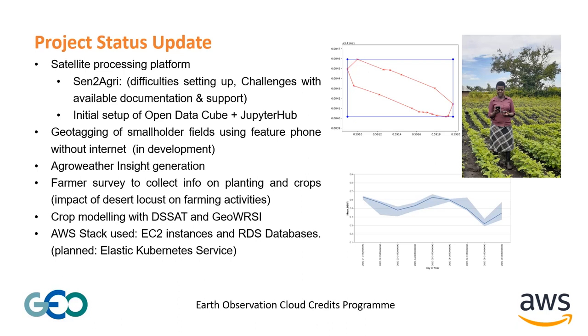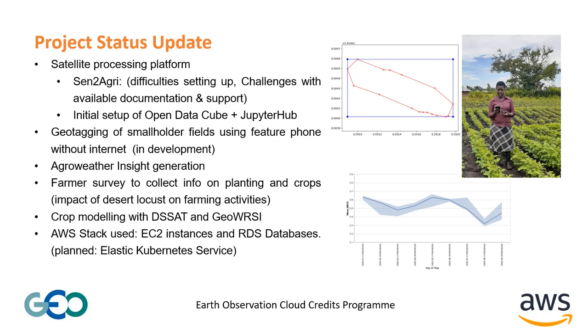We had initial challenges setting up the Send2Agri system, so we resorted to trying out the Open Data Cube technology, which is an open source technology used to store and retrieve satellite data for an area of interest. We have configured and deployed an Open Data Cube for Kenya to analyze satellite data, especially from Sentinel-1 and Sentinel-2. Going with that is a Jupyter Hub environment, which is a coding environment that we are using to develop algorithms, especially looking at crop phenology.